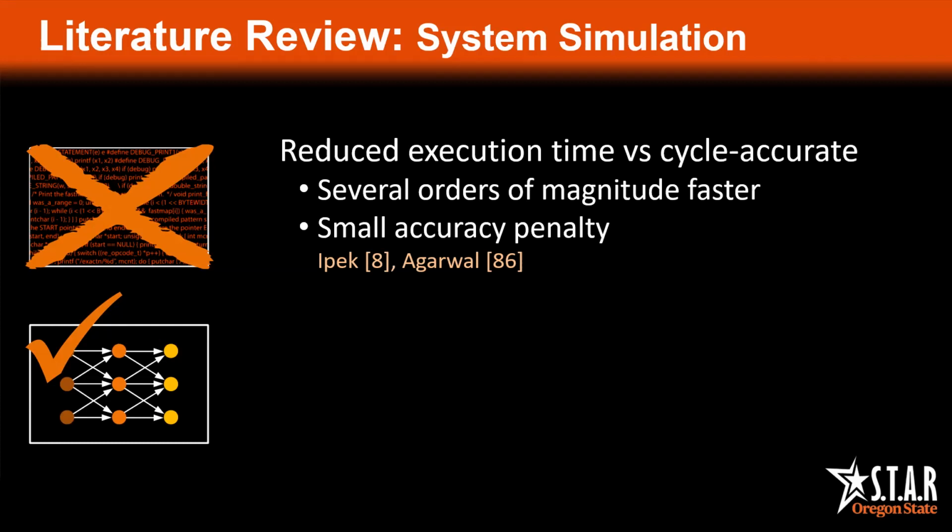Cycle-accurate simulators have long been the standard tool to evaluate a given system configuration. These simulators require orders of magnitude more time than native execution. Machine learning models can offset this penalty by introducing a trade-off between simulation time and accuracy. Notably, reductions in accuracy can be quite low, on the order of 1 to 5%, while offering potentially several orders of magnitude improvement in execution time.